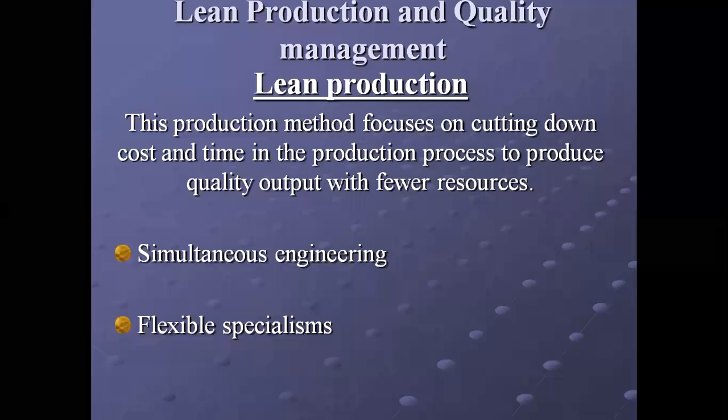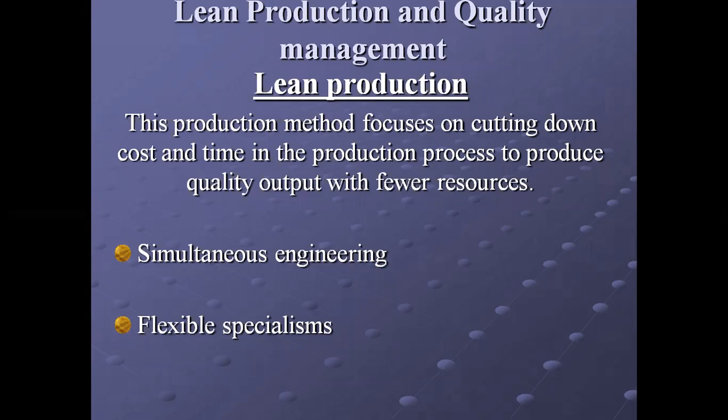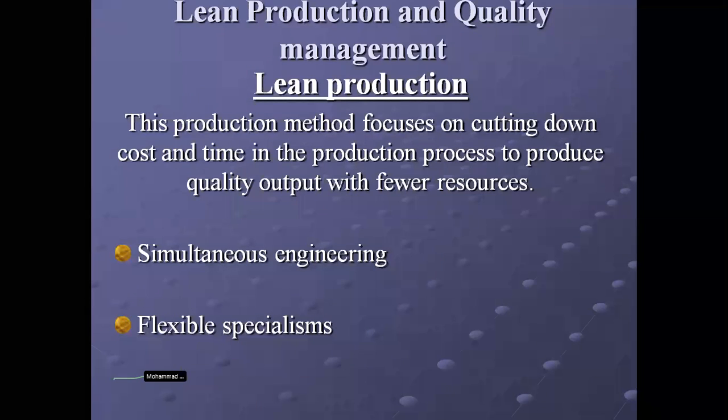And do you know why it is required in lean production? Because let's say one worker is absent, so the other worker can take the position of that worker, and will perform his or her own job as well as the job of that absent worker with the same perfection. Because perfection is important. We discussed quality output. Because if that worker takes the position on a given day and the quality is not up to the mark, we can't call it a quality output, or the customer won't be satisfied if the product is bought by the customer. So flexible specialism is an important concept.